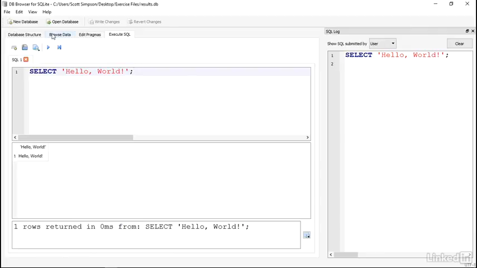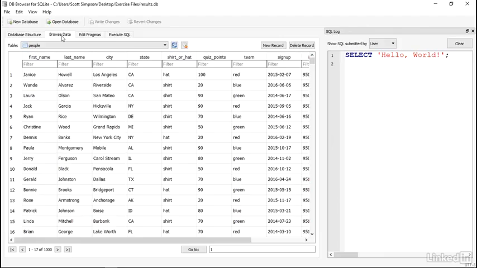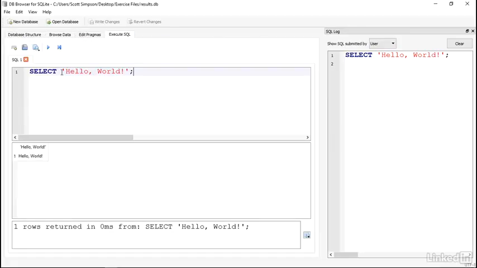Let's take a look at what the database looks like. I'll click on the Browse Data tab, so I can see the field names in my database across the top of this interface. And each of those field names are something I can use to ask the database for information. So if I wanted to see all of the first names in the database, I could write select